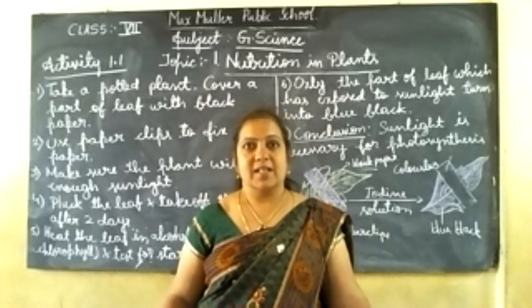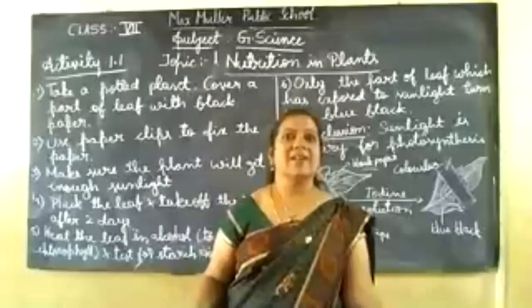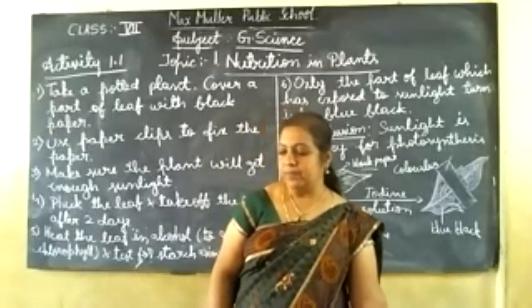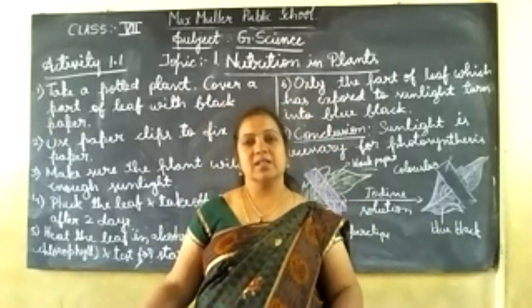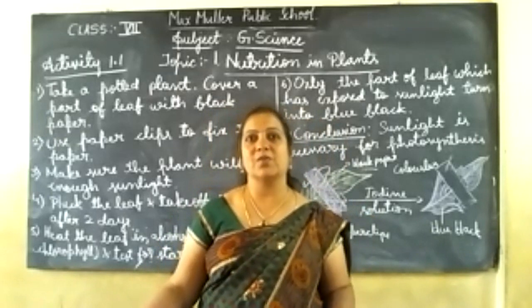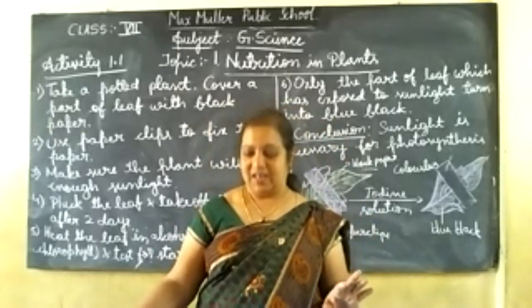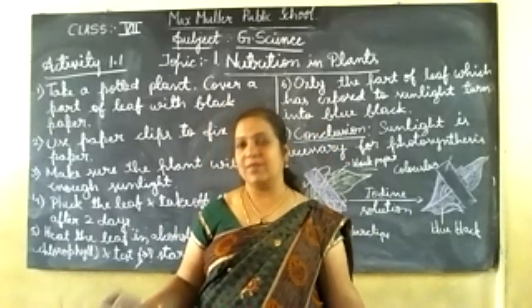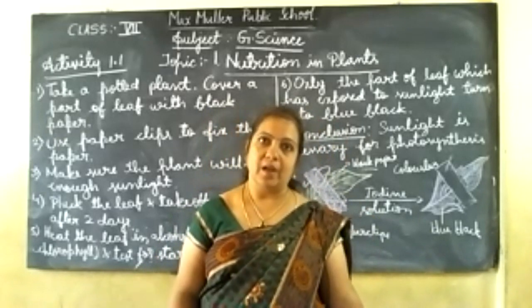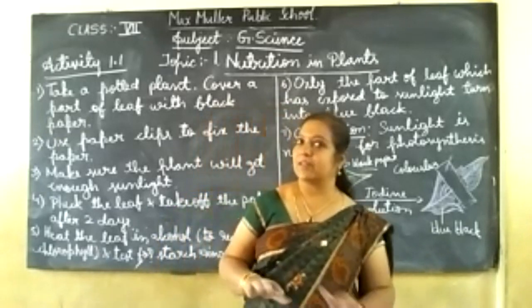Understand, children? That's why we are getting oxygen from the plants only. No others will release this. Understood? So after this, now you know that for this process to occur, photosynthesis is necessary. Okay. So in your textbook they started with an example as activity 1.1. Okay. So 1.1, for what purpose are we doing it? First they have not given.